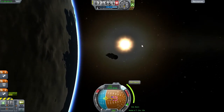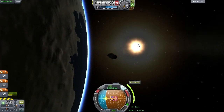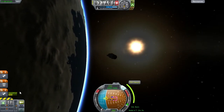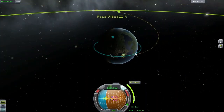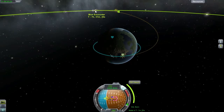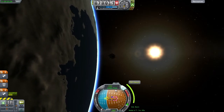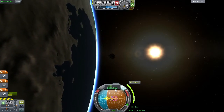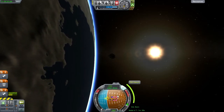Alright, we are back here, really close to where our node is. It's about 2 minutes out, and we have half a tank of fuel on this tank, so I think that should be enough to get us to where we need to get to. Again, our target here is to burn at this node in about 2 minutes, and it will take us around in a slingshot to the Mun, hopefully. But you can see our speed is increasing as we get closer to the periapsis, and our orbit is decreasing. So we have minute 39,